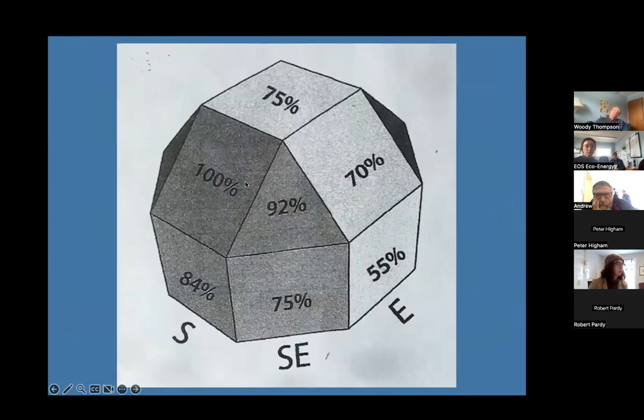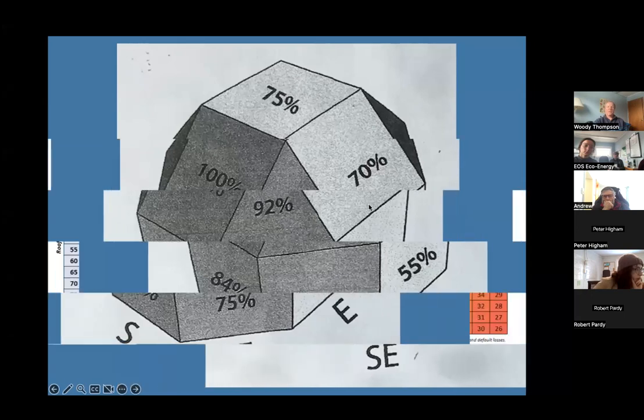This is a simple illustration of the relative energy yield that you will get from a solar array with various orientations. At our latitude, about 45 degrees north, a 45 degree angle due south will get 100% of what you could potentially get from a solar array. If that solar array was placed vertically, you would get about 84% of what you would get if it was perfectly placed, and most of that energy would be coming in during the fall, winter, spring months. If the solar array is placed totally horizontally, you get 75%. If it's placed to the east, again, you get the